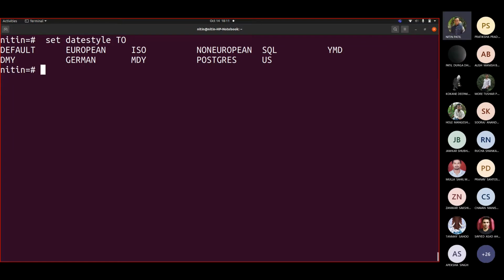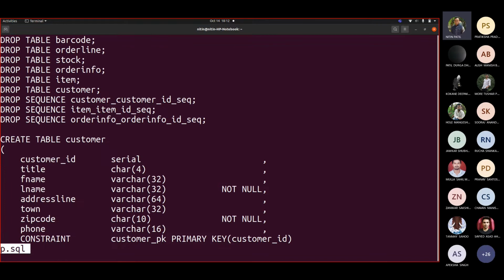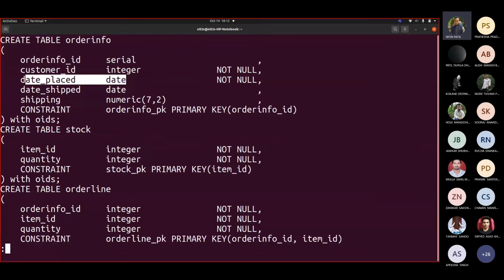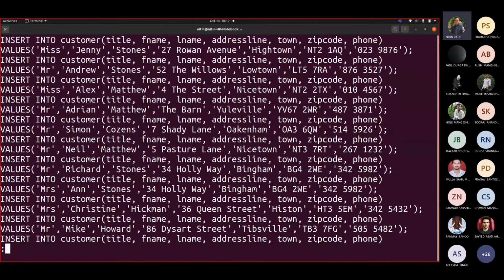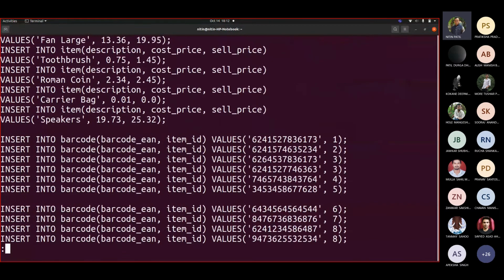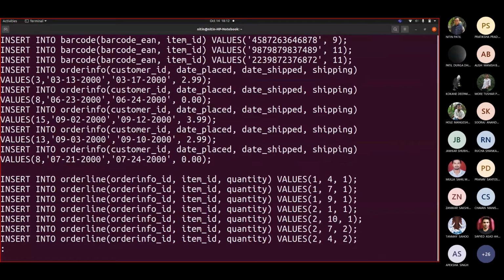Okay, so let me go here. Less p.sql. If you see the date style, how the records are inserted. So it added only date. Whenever you install Postgres, there would be some default format. So if I go below and see the records available with respect to date, you will see the date style seems to be something different, which was supposed to be like this.